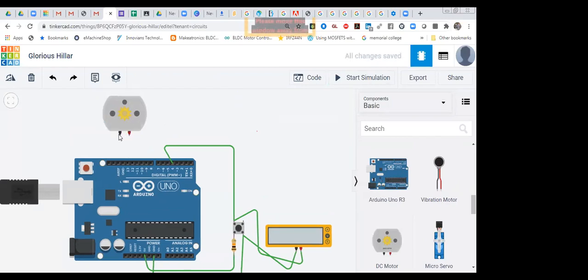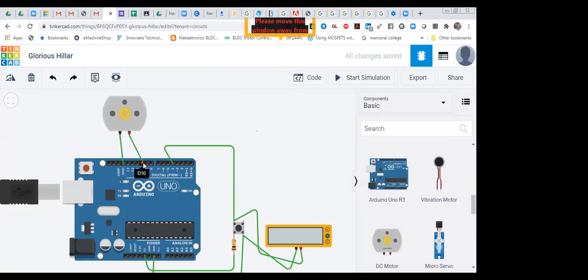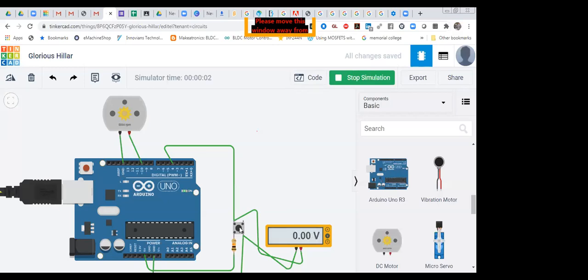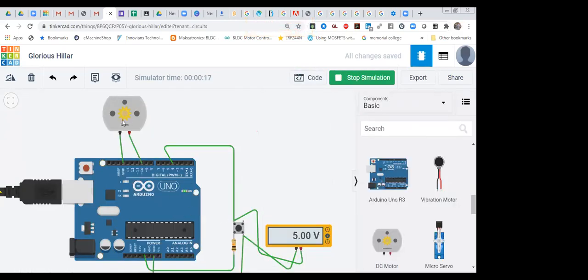You can run it. If I want to control my motor with my push button, that also I can do. As long as I'm pressing this button, the motor is working. After releasing this button, the motor is not working. So with the if condition and else conditions, more than 70% of your project you can make. So this one was digital input and this one is digital output. You can replace this digital input with a sensor also.